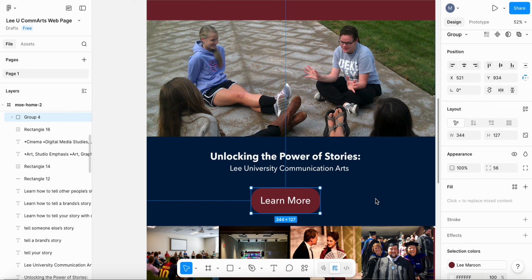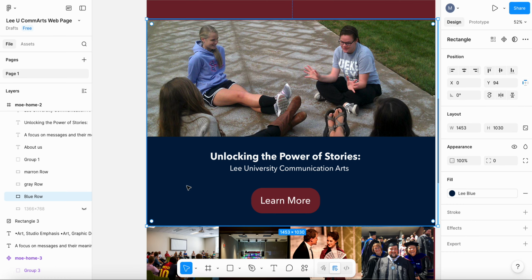One of the benefits of using Figma for the wireframe of your website is that you can create interactive elements that can be given to a client so that they could see how it would function as a website. So, for instance, here we have a button, and I can put some interactions into this so that when I hover over it, it becomes a different color, and when I click on it, it will then take me to